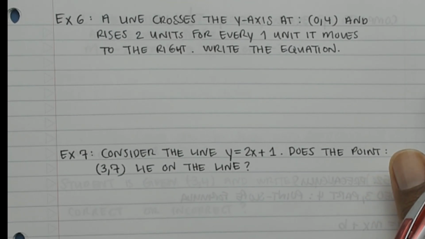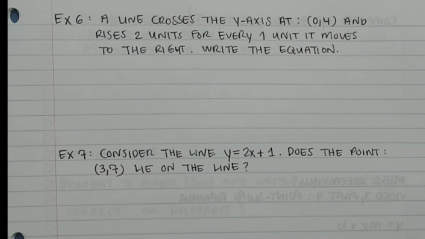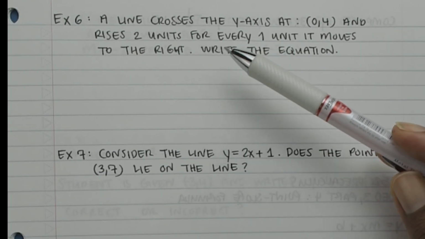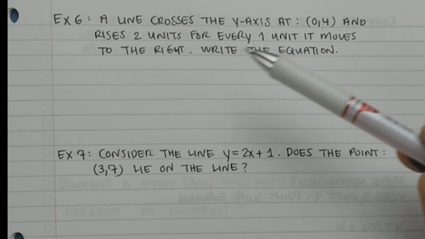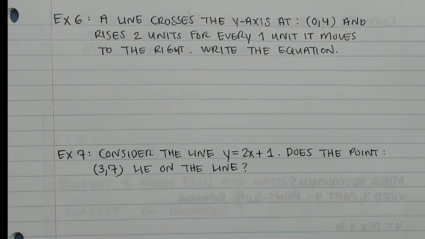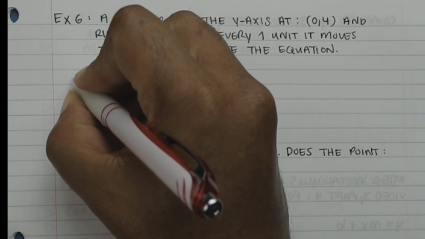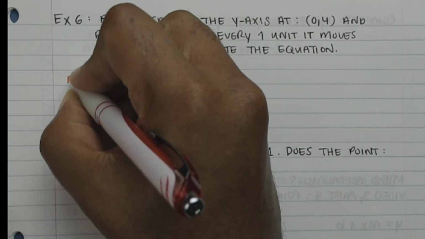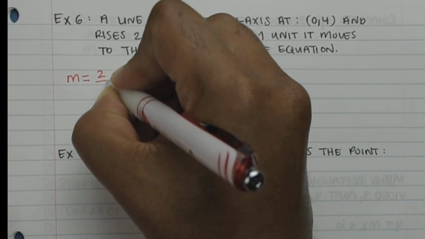Here's example number 6. A line crosses the y-axis at (0, 4) and rises 2 units for every 1 unit it moves to the right. Write the equation. So first of all, if a line crosses the y-axis at (0, 4) and rises 2 units for every 1 unit that it moves to the right, what does that mean? The phrase "rises 2 units for every 1 unit to the right" tells us that the slope, or m, is 2 over 1